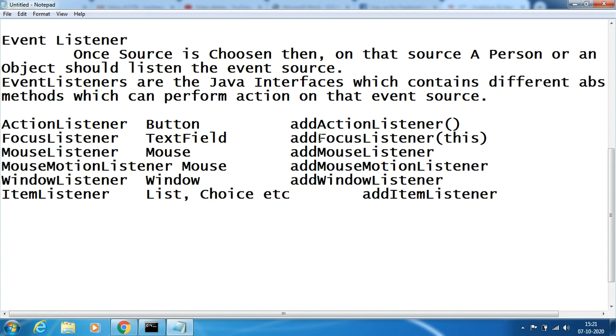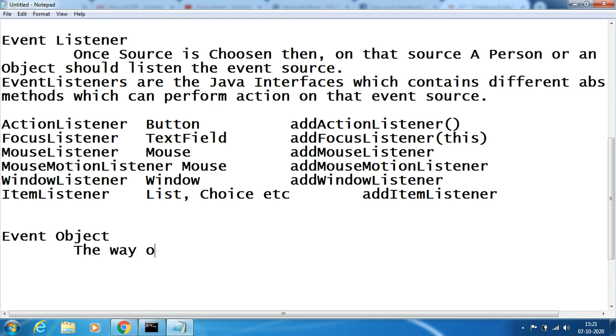Once the event listener is added to that event source, then we have to perform an action. The performing of action on that event source by the event listeners is called event object.